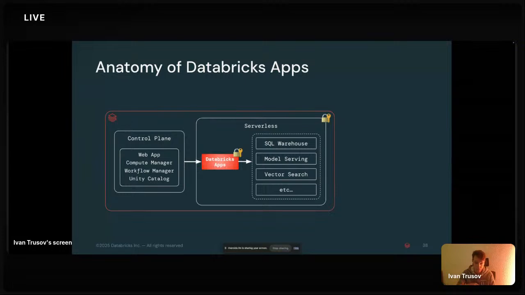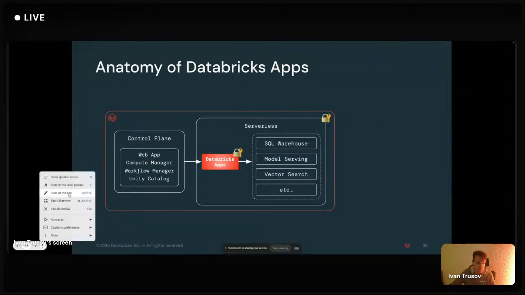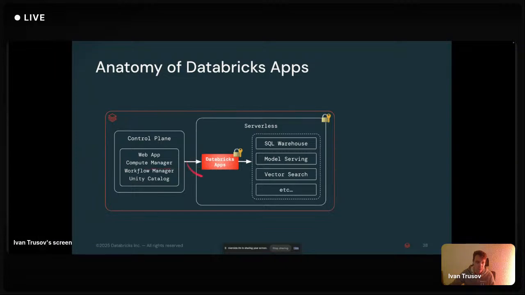As Giran was also talking about, Databricks apps are not the place where you would like to run heavy computations. You probably want to avoid running long-term jobs with apps, because at Databricks we have much better, more controlled surfaces to do so.